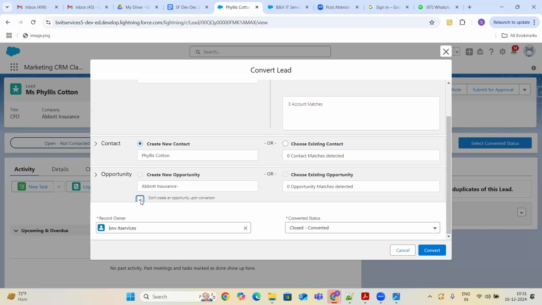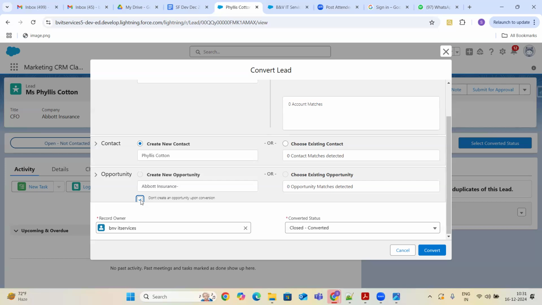As soon as you tell that, they will not create an opportunity for you, but they will create a contact and account for you. And they will contact you after 2 months when they do a campaign on the same product. So that is nothing but the contact. They don't have an opportunity right now.